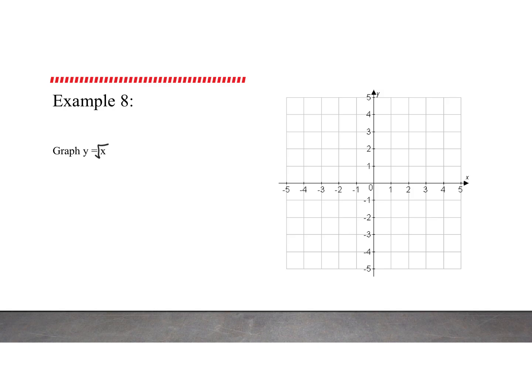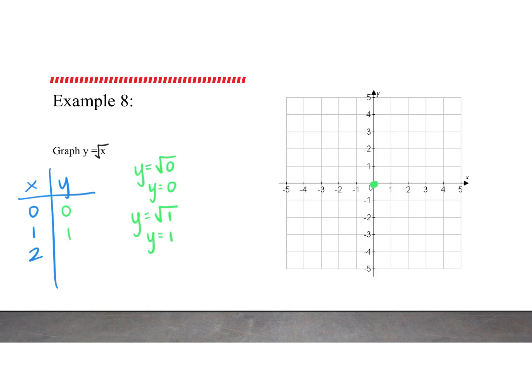Let's try this one. Example 8. Graph y equals the square root of x. So let's make our t-chart. Find some values to plug in. Again, you can pick any x value you prefer. I tend to just stick with 0, 1, and 2. The square root of 0 is 0. The square root of 1 is 1. The square root of 2